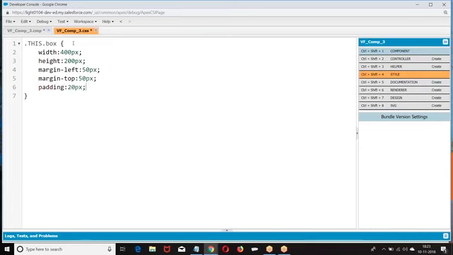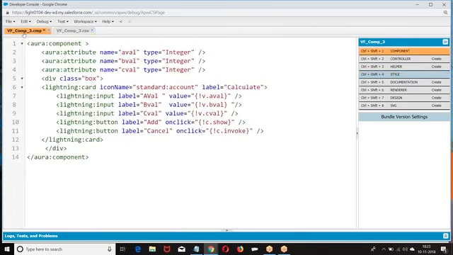This is what we have created: width, height, margin left, margin top, padding.